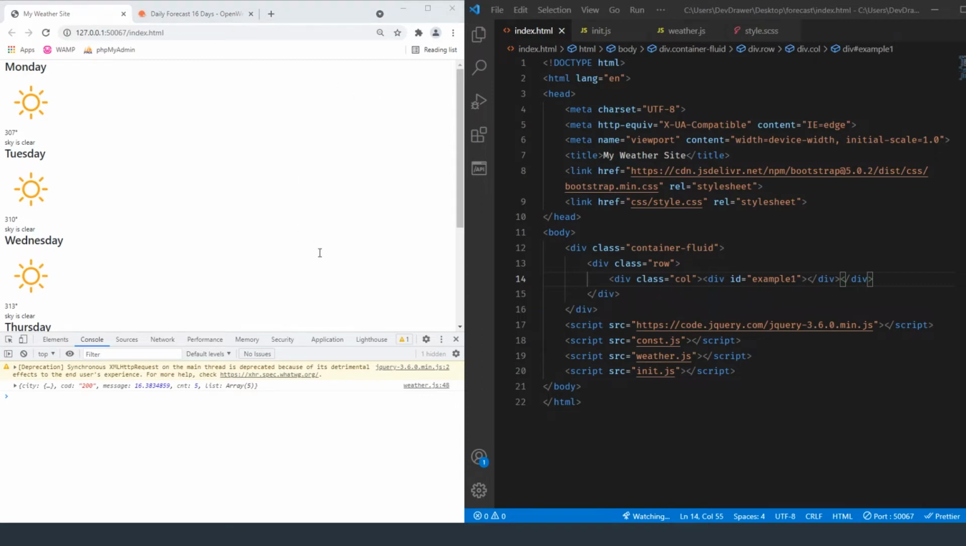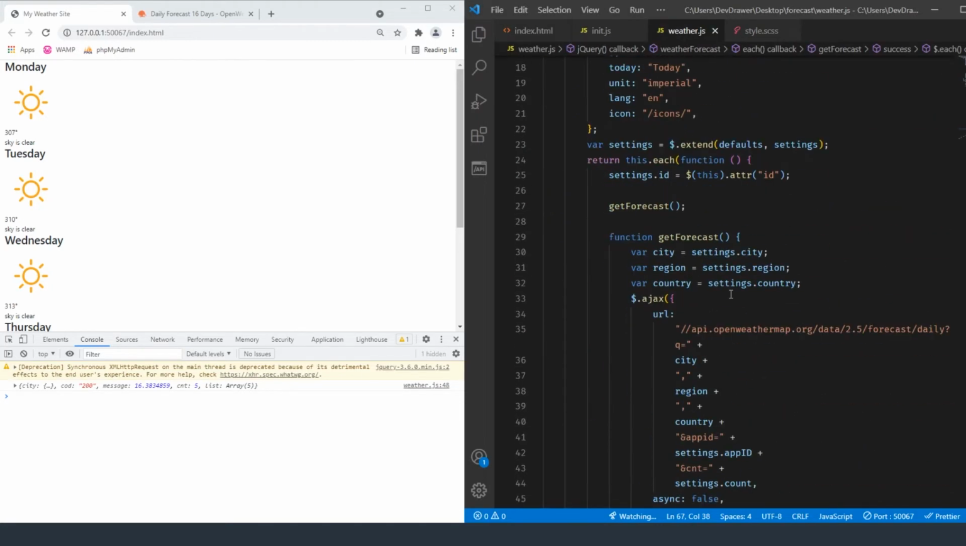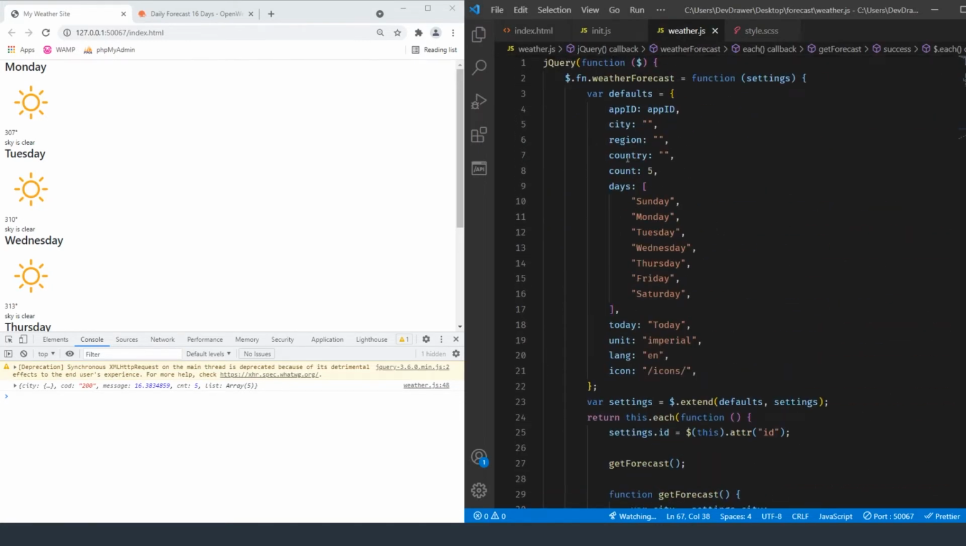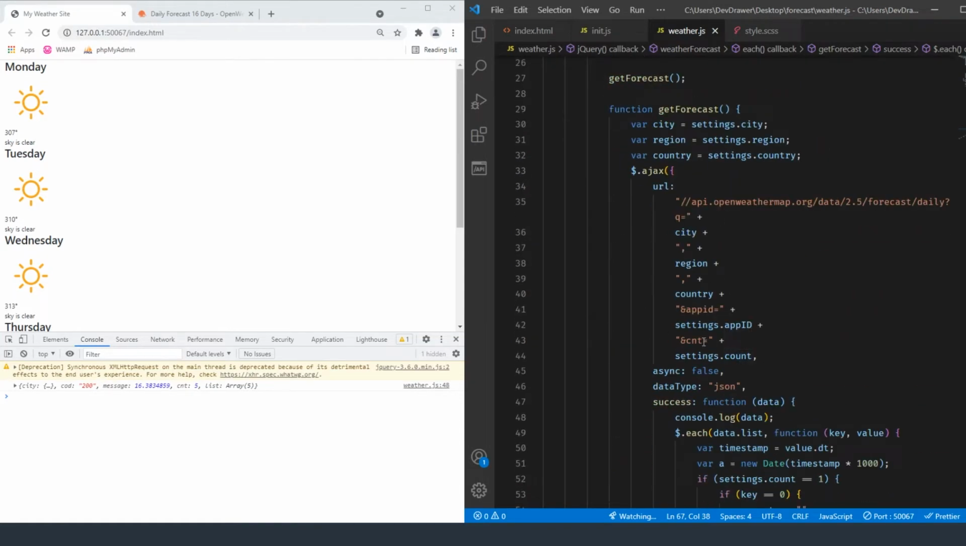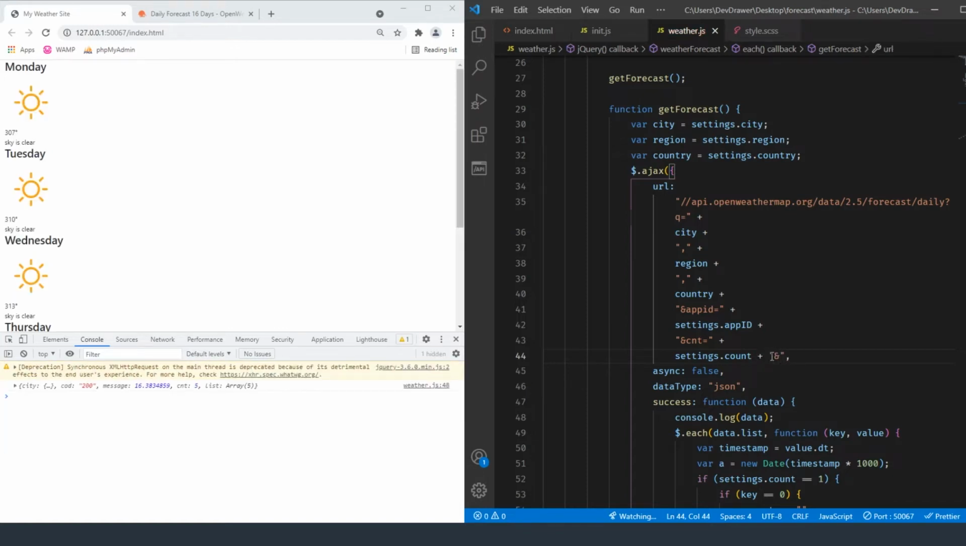So there are some configurations that we need to do in order to make it where it'll pass the, what is it, the unit. We want it to be able to pass the unit. So right now we're not passing that unit. So after the settings count, we're going to do plus, and I think it's units